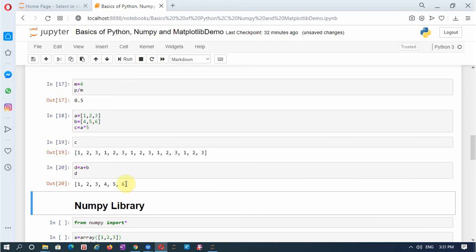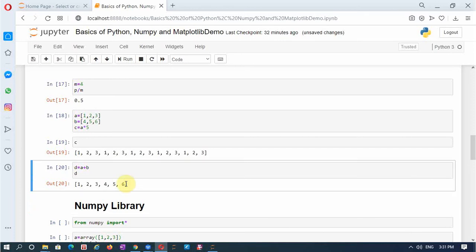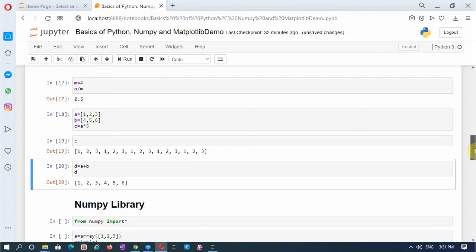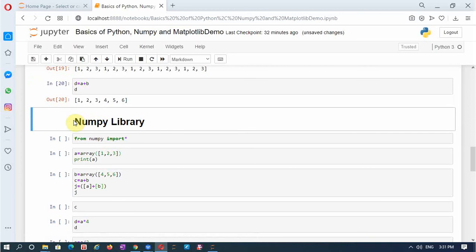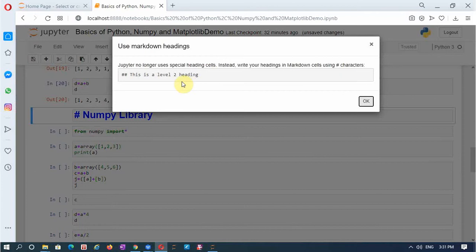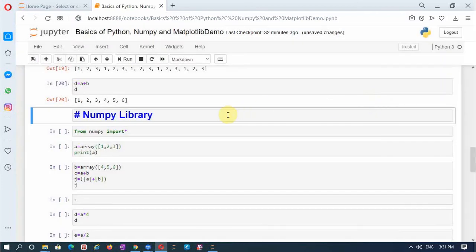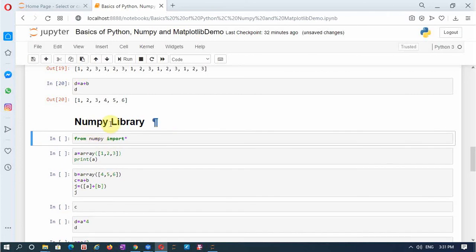This is where the use of the NumPy library comes into the picture. Now let us take the NumPy library. See here, to give this heading, I have typed NumPy and run it as a heading. So it will ask whether it is a second level of heading. I say OK and then Shift Enter. So run this. Then this becomes a heading.